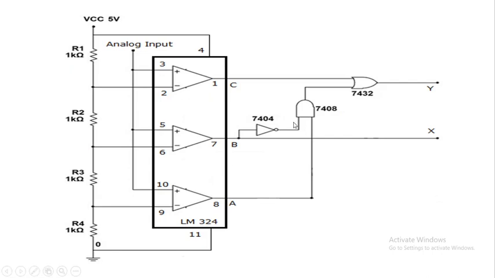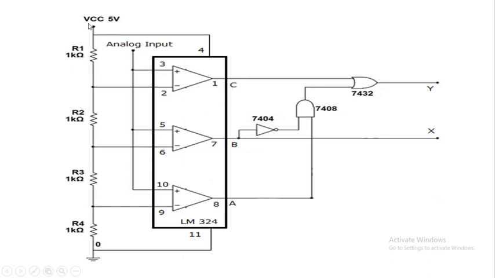The comparator requirement depends upon the output bits. As we are implementing 2 bits, so 2 raised to n minus 1, that is 2 raised to 2 minus 1, that's why 3 parallel comparators can be used. It is also called a parallel comparator analog to digital converter. The lower comparator is A, the middle comparator is B, and C is the last comparator.